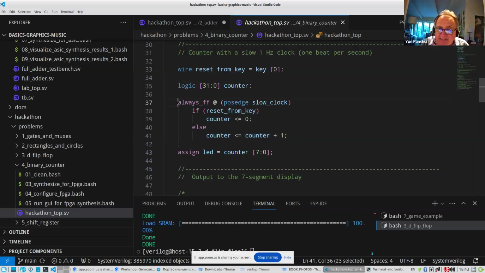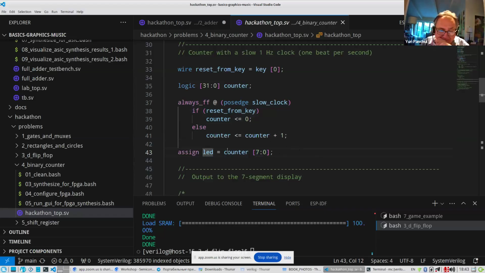So in this construct, we connect past and future. What we have on the right is past, and what we have on the left is future. So we are saying that future is past plus 1. And then we put the 8 lower bits of this counter to our LED.